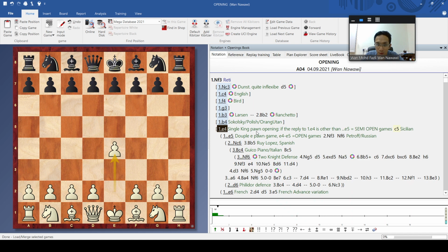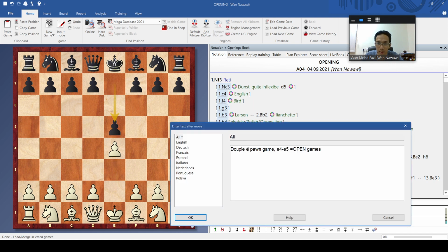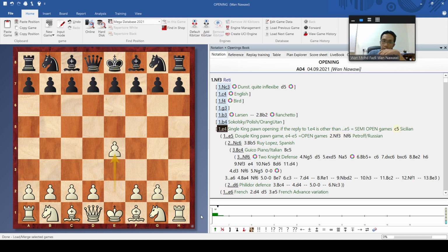The one previously is the double king pawn game, so we call it open games. So that is for open or semi-open.